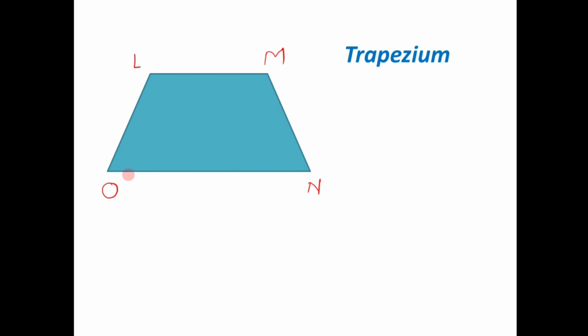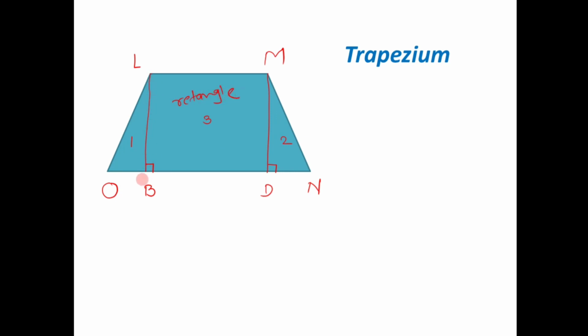Now to find the area of a trapezium, we can do some modifications. Suppose we draw a perpendicular from point L to ON, and let us name this LB, and we draw another line segment perpendicular to ON from point M, let it be MD. As we have drawn two perpendicular lines here, we get a right angle triangle, another right angle triangle, and the remaining third portion is a rectangle.